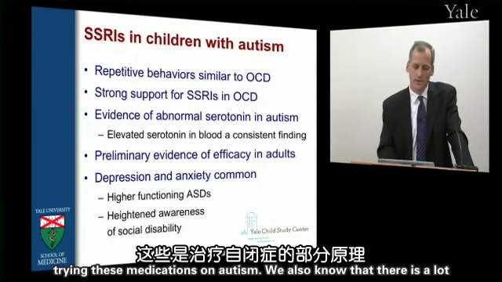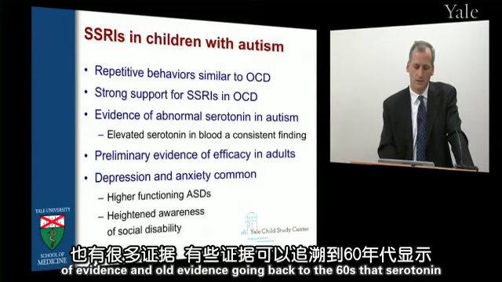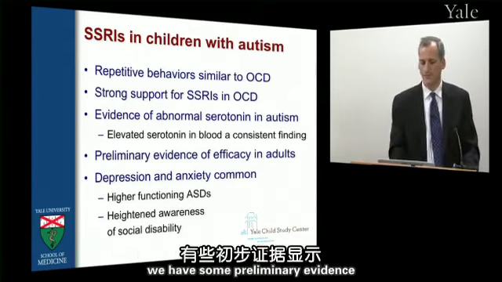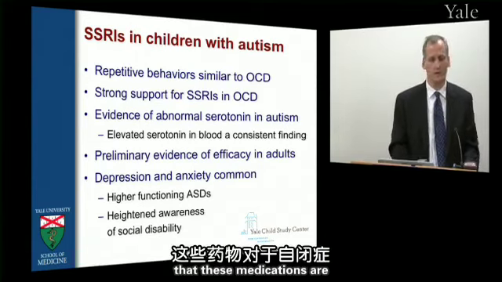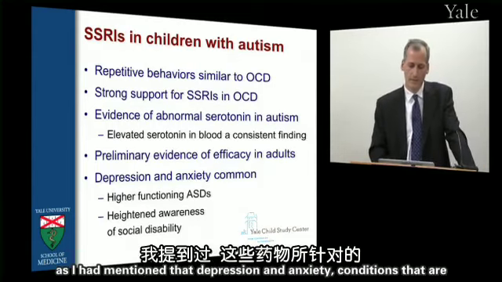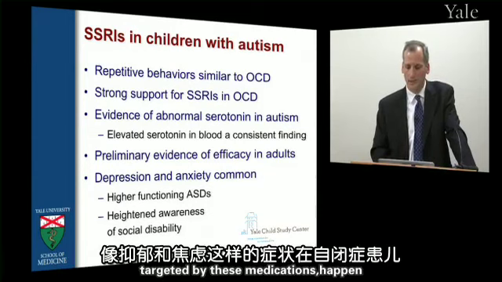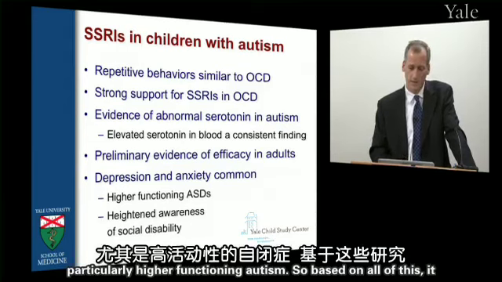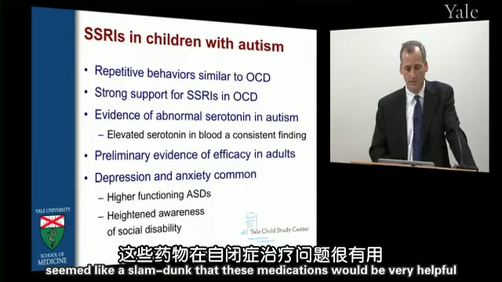We also know that there is a lot of evidence, and old evidence going back to the 60s, that serotonin metabolism is abnormal in autism. And we have some preliminary evidence that these medications are helpful in adults with autism. We also know, as I had mentioned, that depression and anxiety, conditions that are targeted by these medications, happen more commonly in kids with autism, particularly higher functioning autism. So based on all of this, it seemed like a slam dunk that these medications would be very helpful in